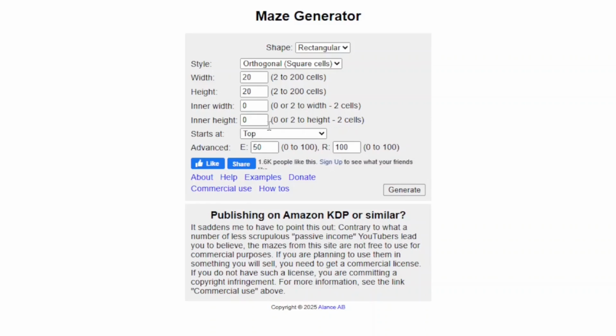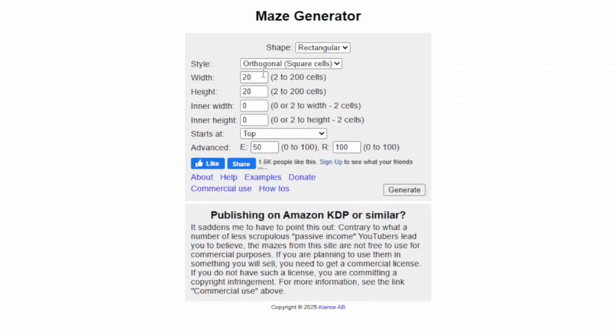This is our maze generator. However complicated or simple a maze you want to generate, you can use this link and create it on your own. Here, there is some width and height you need to select. According to your choice, you can select the shape. If you want to make your maze in rectangular shape, you can do it. In circular, triangle or hexagon. In whichever shape you want, you can do it. And on the basis of changing the width and height, you can make your maze more complicated, so increase the value, and if you want to make it easy, you can decrease this value.